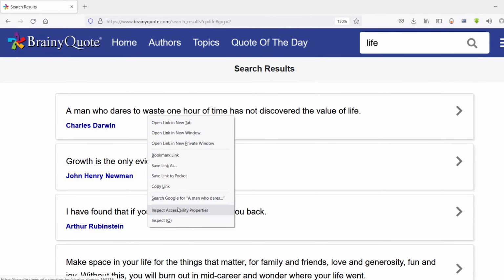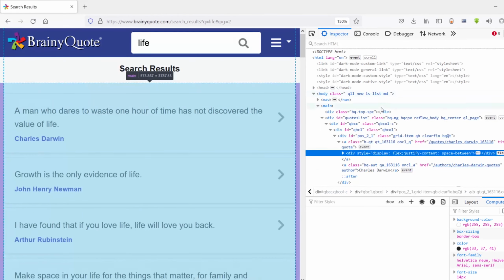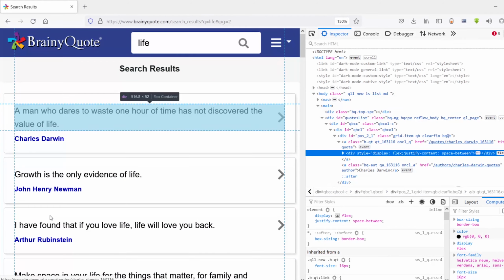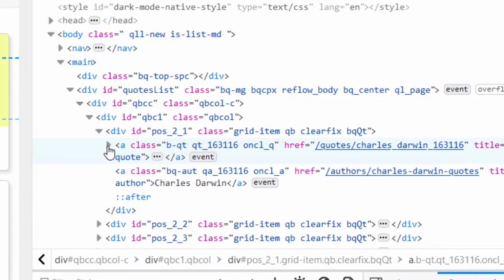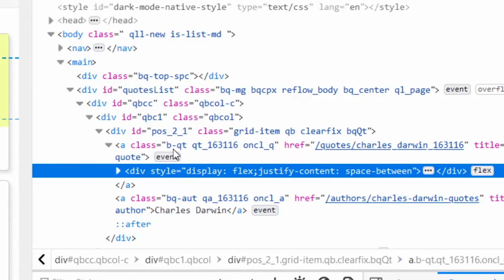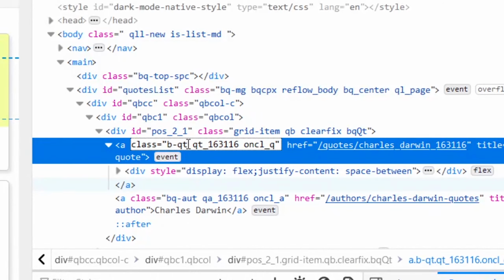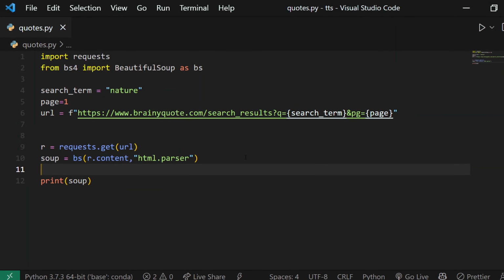So if I right click here and select inspect, and again right click inspect, now you can see this is the div where we have this text. This is the quote and it's inside this div, but we can't fetch this div directly. So what I'm going to do is come one step up, and you can see we have this anchor tag, and this anchor tag has this class b-qt. So I'm going to copy this class name, and I'm going to come down here and I'll say anchor1 equals